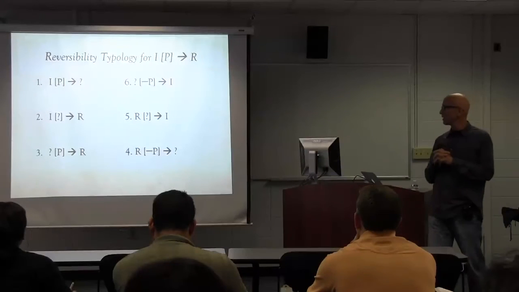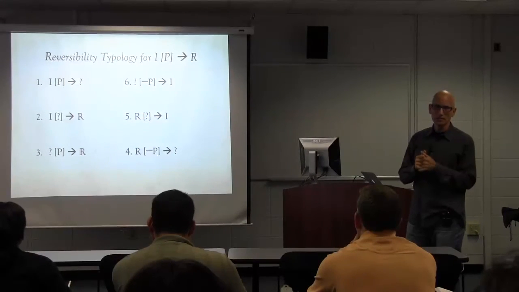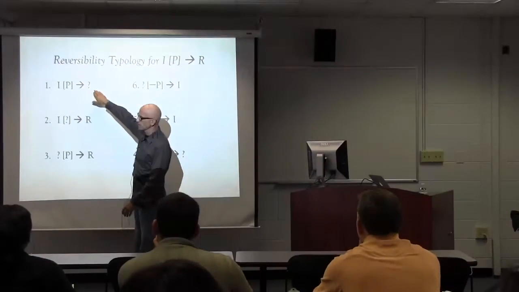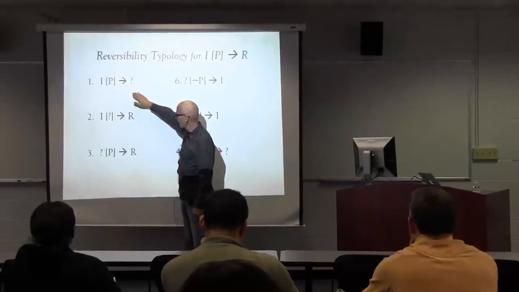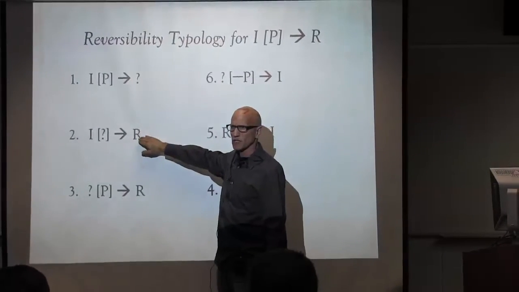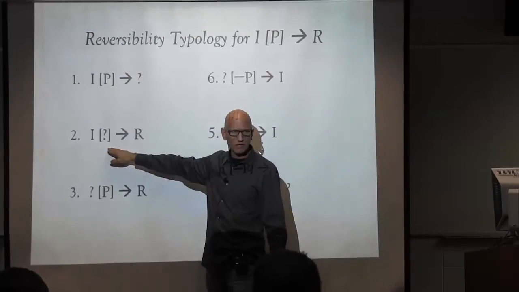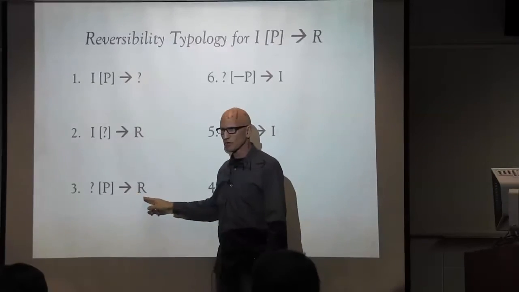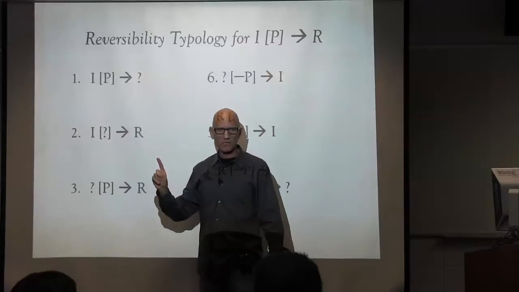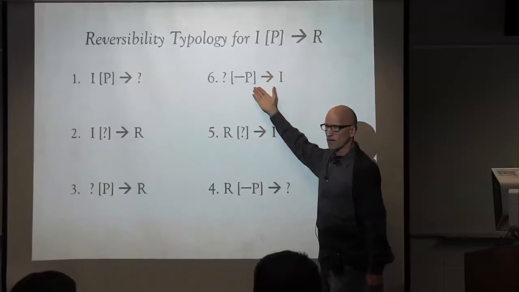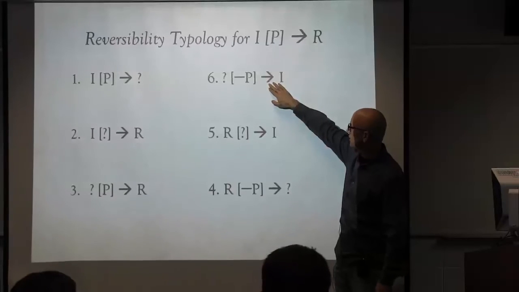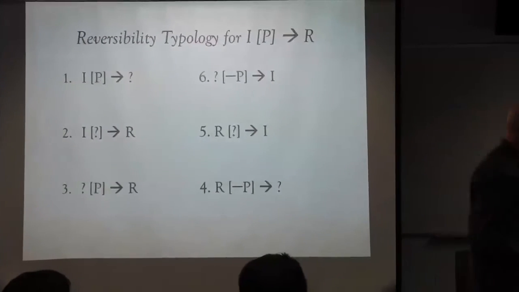Right? So what we have here are 6 different types. This is our original, we're calling this the original conception. Okay? And then what we have is a conception in which you have the result, you have the input, you have to figure out what the process was. You have one where you have the process and the result, you have to figure out what the input was. Okay? So far we're still talking about the same process. Now you can also have the reverse process. I'm gonna illustrate all this, so it's a little abstract right now. And then you can go through the same thing with the reverse process. So for example,